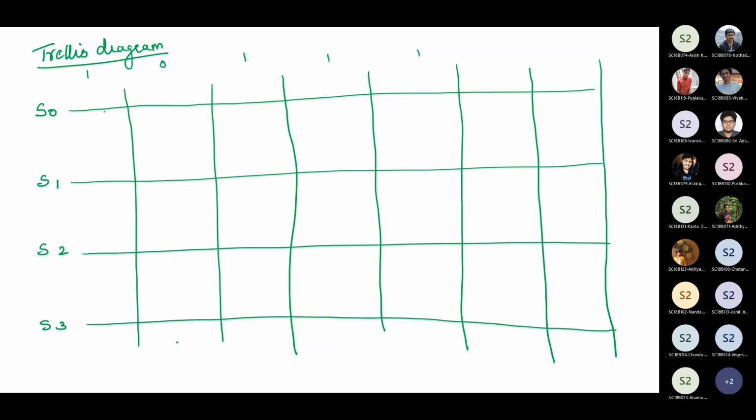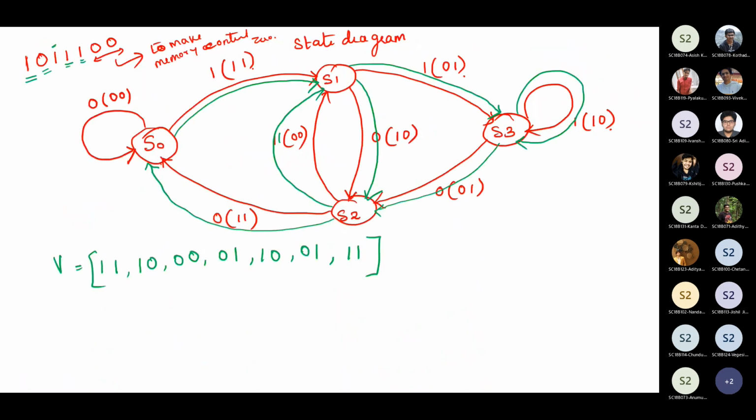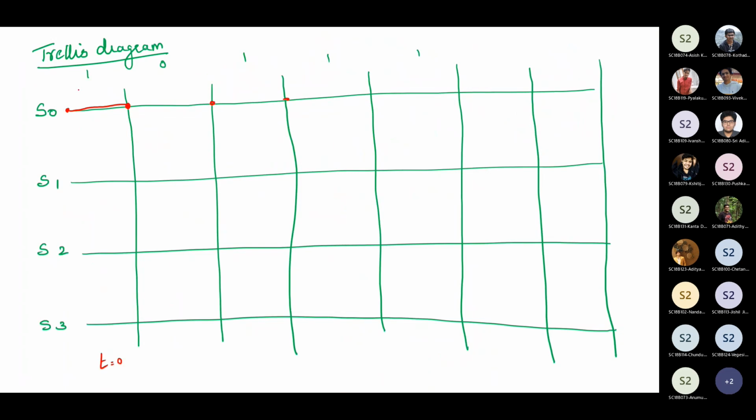So starting with the S0 state. This is time t0, t is equal to 0, we are starting from here. When the input is 0, I am putting it as a straight line, and 1 as a dotted line. So 0 is a straight line, and it will move on to the S0 state. What is the corresponding output? Here we will see, the corresponding output is 0, 0. So we are writing here 0, 0.